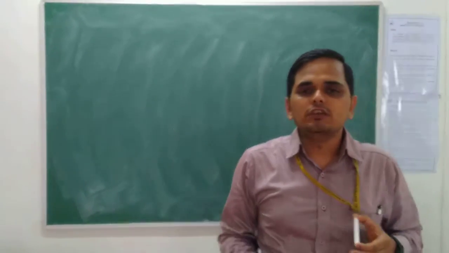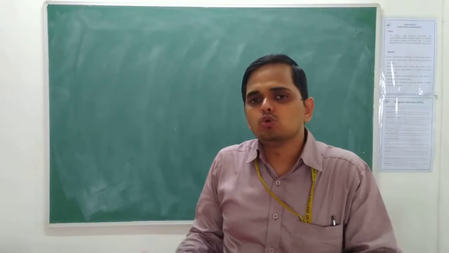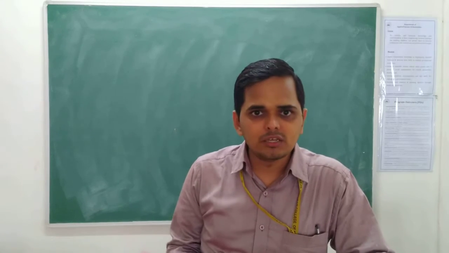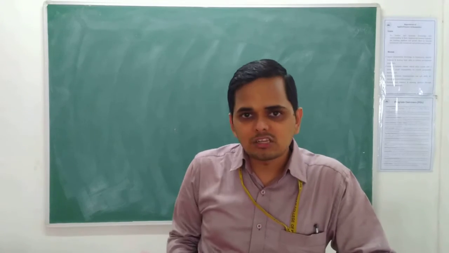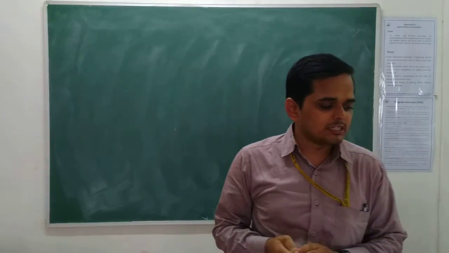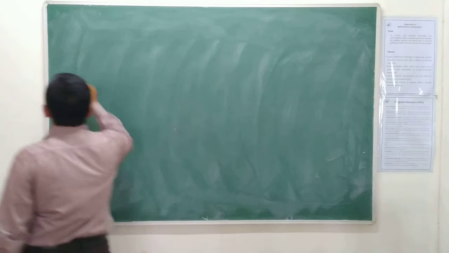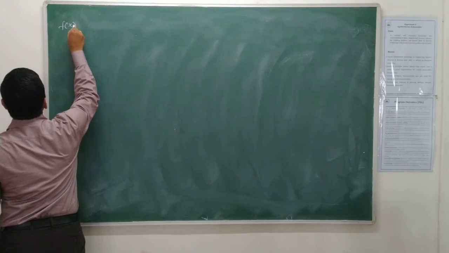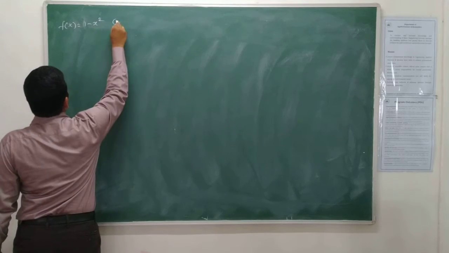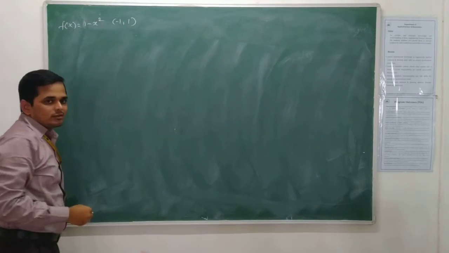But today we are going to see the period of the function will be 2L. Now L is what? Either 1, 2, 3, whatever the number is, or you can have some irrationals also. Let us come with one example. Find the Fourier series expansion of f of x is equal to 1 minus x square in the interval minus 1 comma 1.